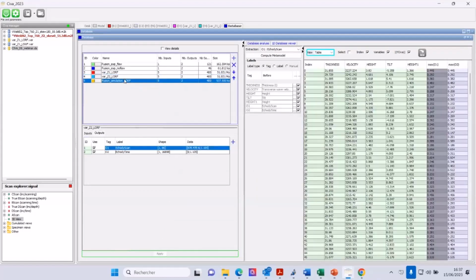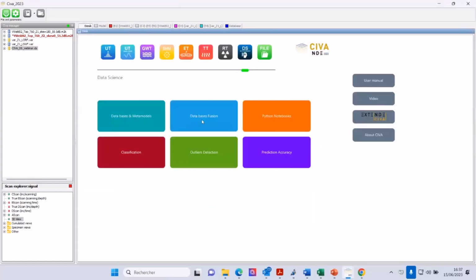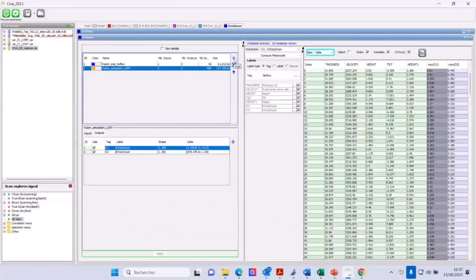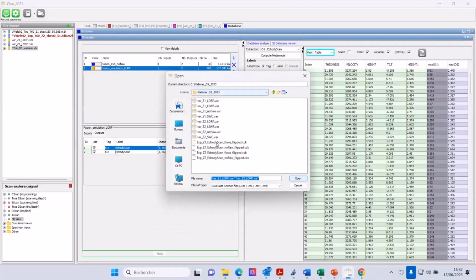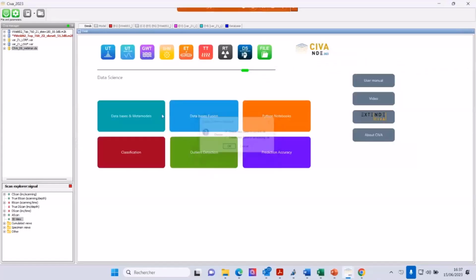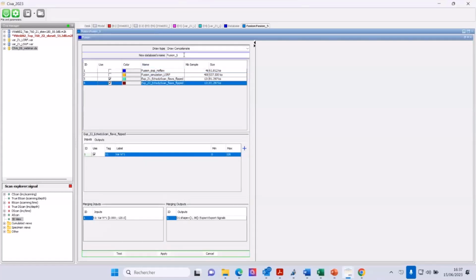Then I can again remove this one and this one. Sorry. Just reloading this. So this is a procedure where, of course, you need to take time to prepare everything.